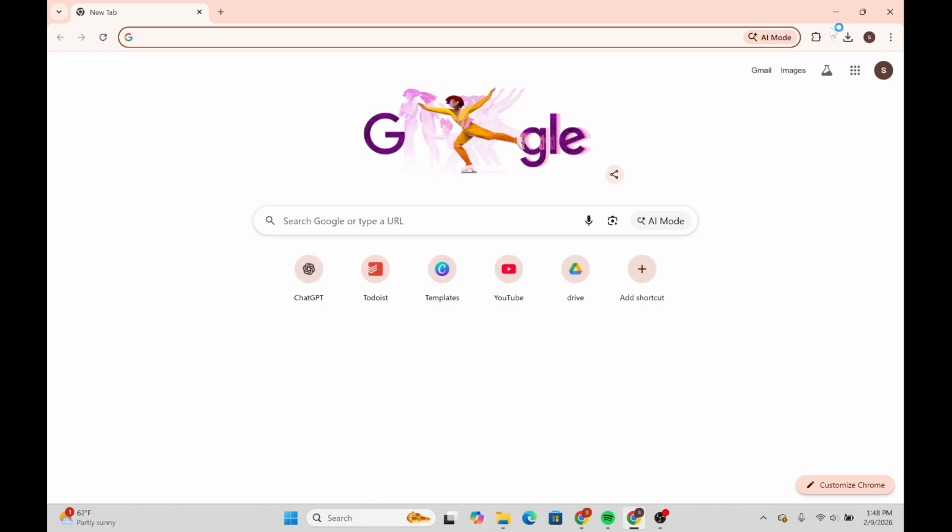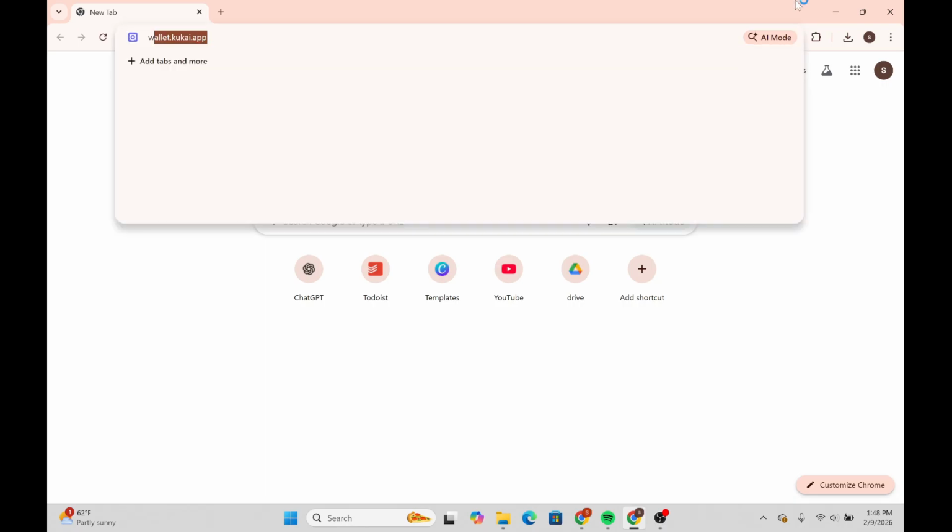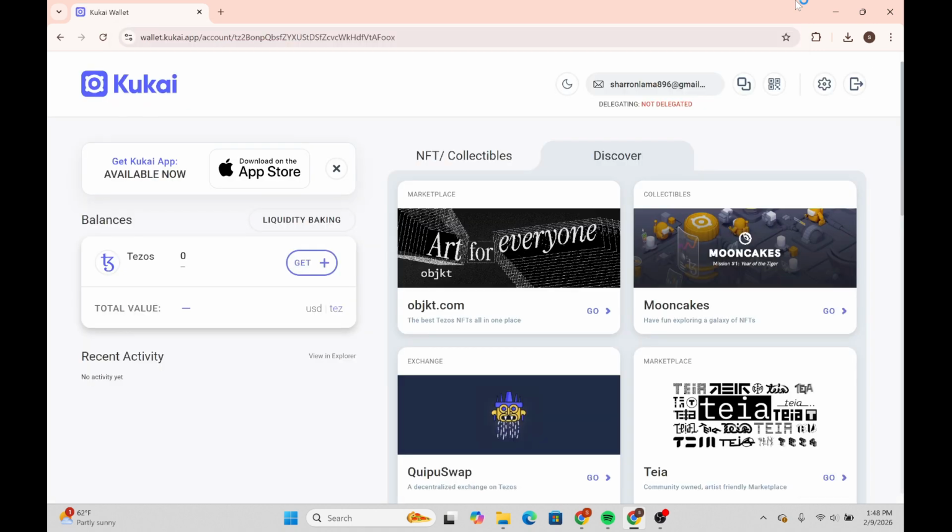with anybody. First you need to open your Kukai Wallet website. Open any browser on your laptop, Chrome, Brave, Firefox or Edge, and in the address bar type wallet.kukai.app and wait for the Kukai home screen to load. Once you reach this home dashboard of the Kukai wallet,